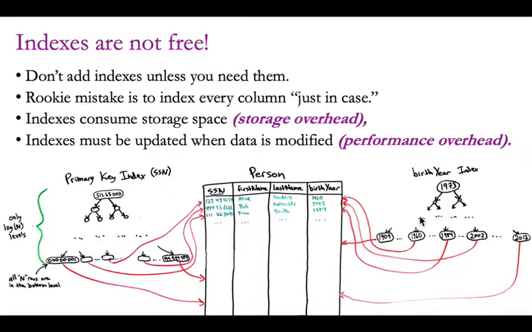There's storage overhead. There also is a performance overhead because whenever you add data, you have to update these indexes. Now, the performance cost is not as great as when I talked about the pure sorted lists where we shifted everything over. That was a huge cost, like an order n cost for one element. But even if you only have to make a few changes, those few changes are multiplied by the number of index columns when you're updating a row in a table that has many index columns. Okay, so